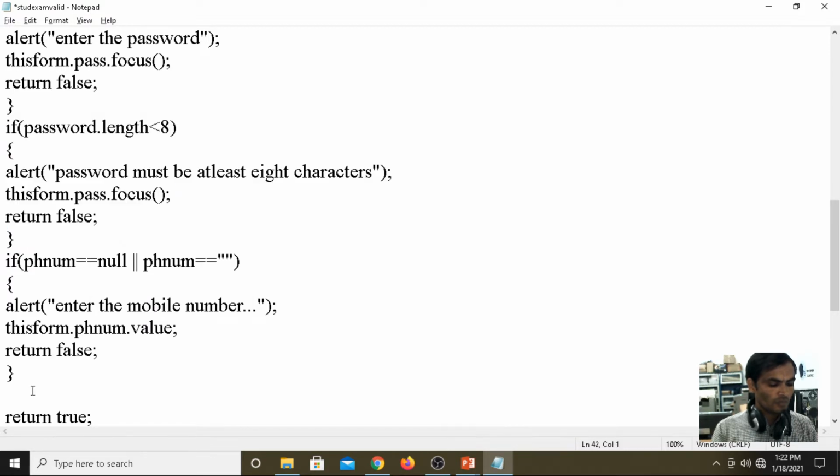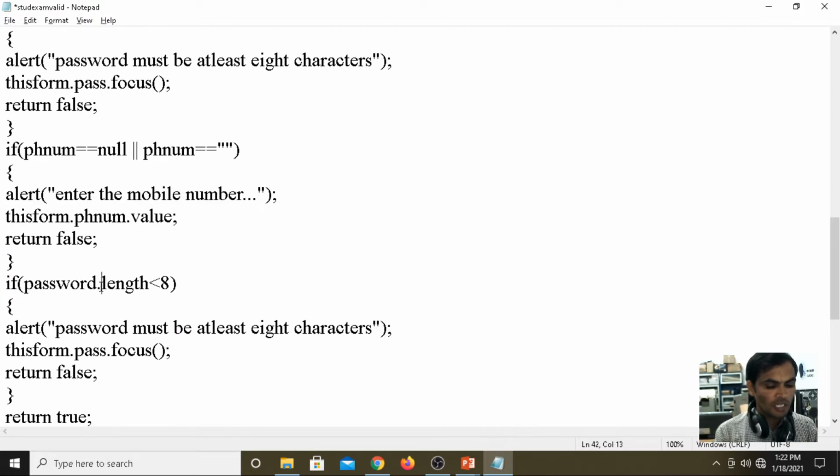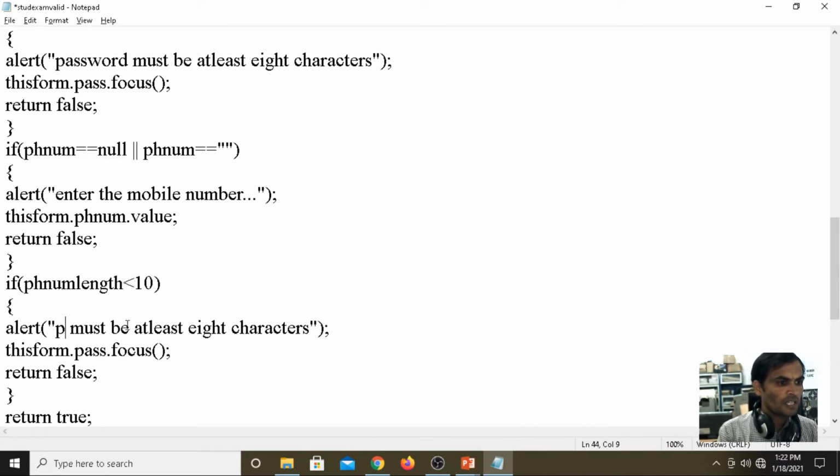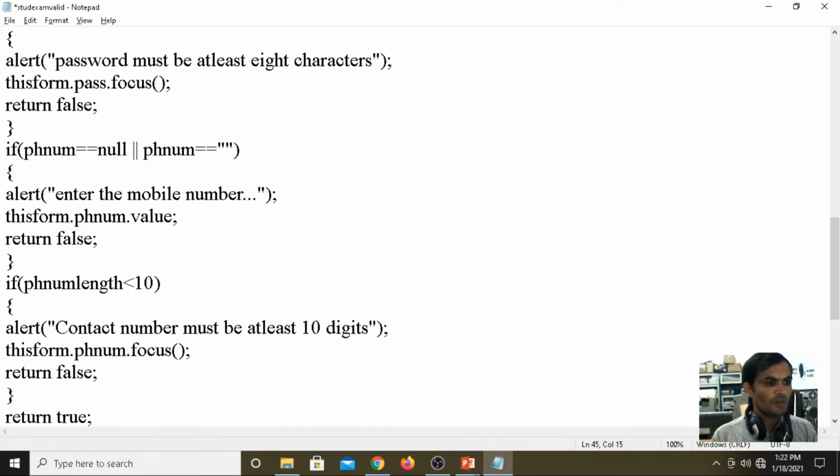Copy, Control V. Here I am giving phone number length less than 10, alert: contact number must be at least 10 digits, then return false. Then Control S.